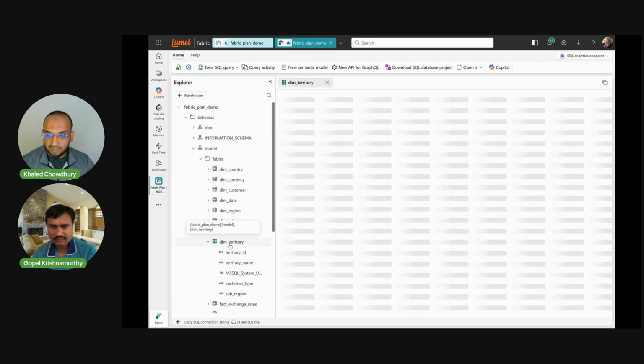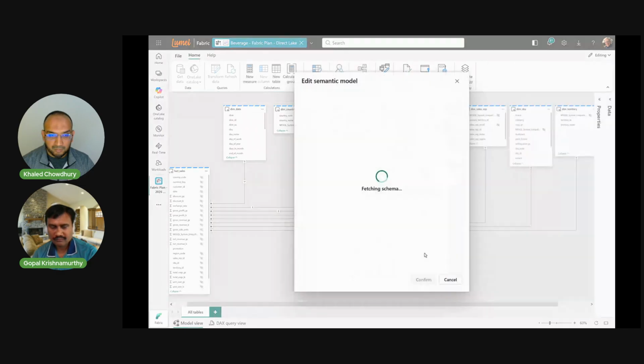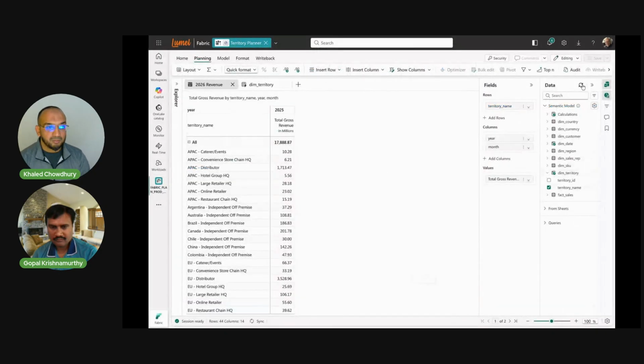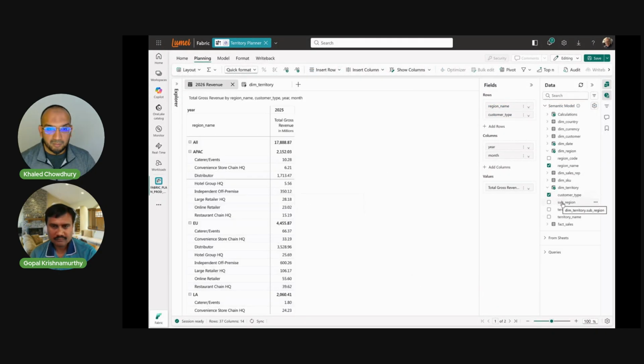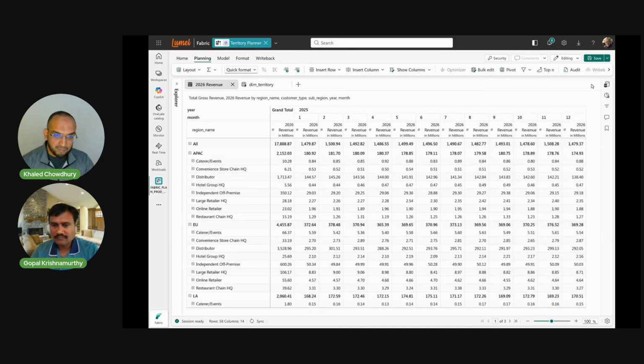Finally, I refresh the direct lake semantic model to pick up the new columns. Switching back to the planning sheet, I can refresh to see the new columns and complete my planning sheet. And here it is, the 2026 Revenue by Territory application in Fabric Planning, ready to test and deploy with my stakeholders.